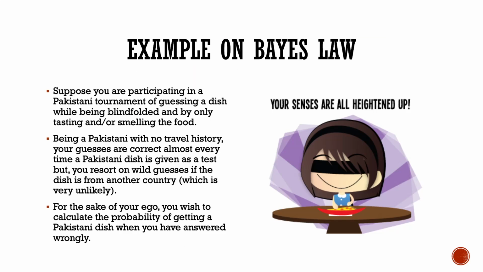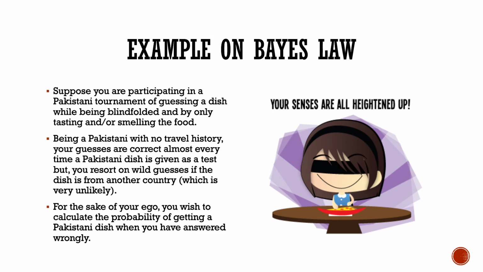Moving ahead, we have an example. Suppose we are participating in a Pakistani tournament of guessing a dish while being blindfolded, by only tasting or smelling the food. There are several dishes you have to guess. Being a Pakistani with no travel history, your guesses are very accurate on Pakistani dishes. But whenever a foreign dish is given to you, you resort to wild guesses of a country, and it may work or it may not, which is very unlikely. And for the sake of your ego, you wish to apply Bayes law on this scenario